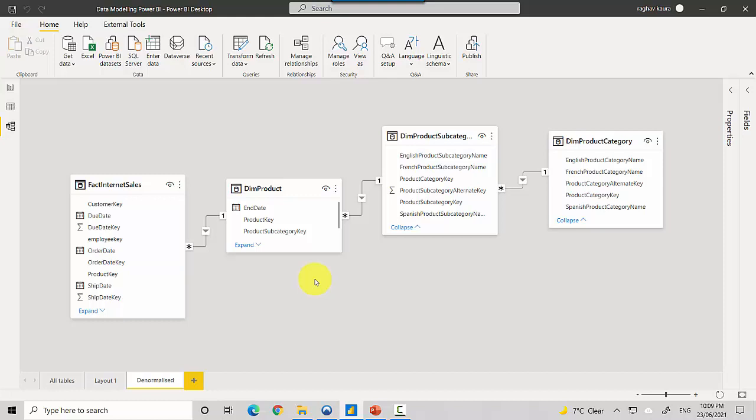So the fact internet sales table captures that, and then we've essentially normalized the product dimension. From dim product we've got product subcategory and product category, and how you read it is that multiple sales items can point to one product, so you have many to one relationships. Many rows in the sales table point to one product, you can have many products belonging to one product subcategory, and many product subcategories belonging to one product category. So when we've normalized it, we've got a chain of many-to-one relationships from the fact internet sales table, as you can see here.